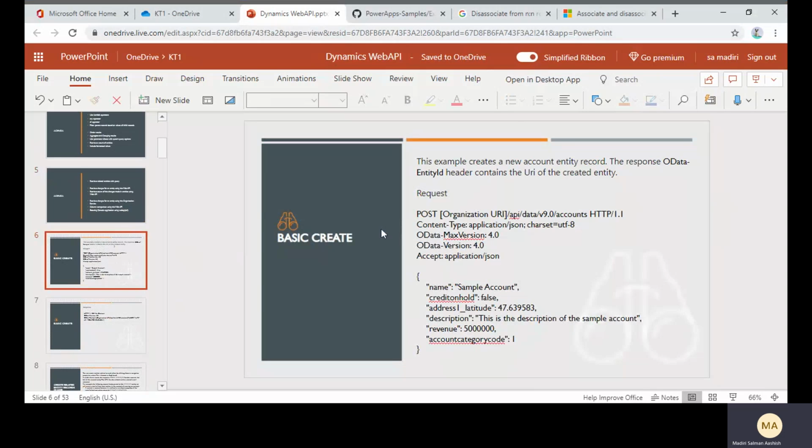So when we are using Postman, we can use this sample query and sample JSON to create a record. You can change the values, but it's an example. So in Postman, we need to give the organization URL, and we need to give the API, and we need to give the data